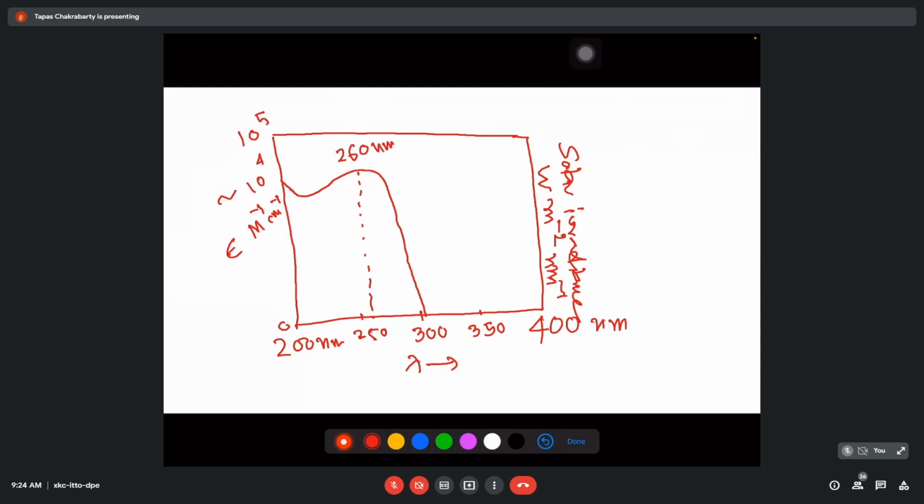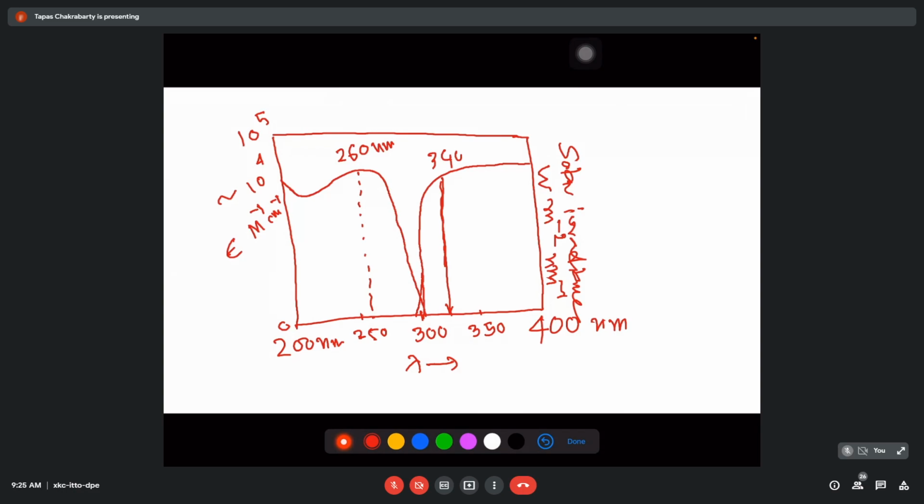That is about 400 nanometer. The value is nearly 1. But if you go to 300 nanometer, it becomes nearly 0. So the general pattern of the curve is somewhat like this. Below 300 nanometers, you can hardly see anything. So below 300, this is 350 nanometer. Below 340 nanometer, it starts to drop.